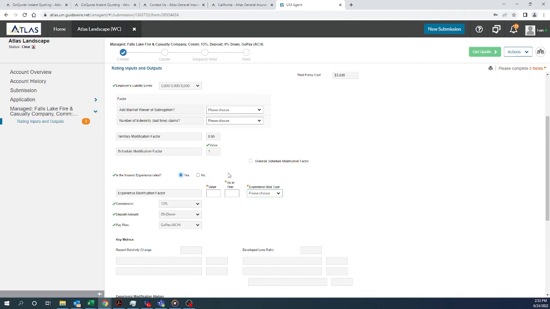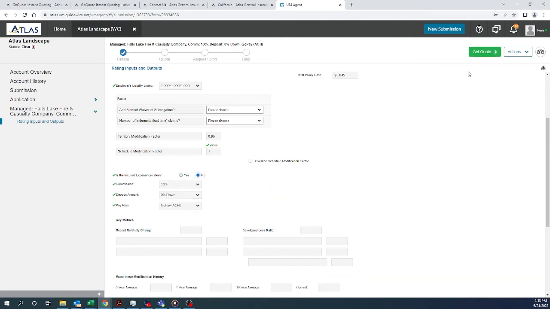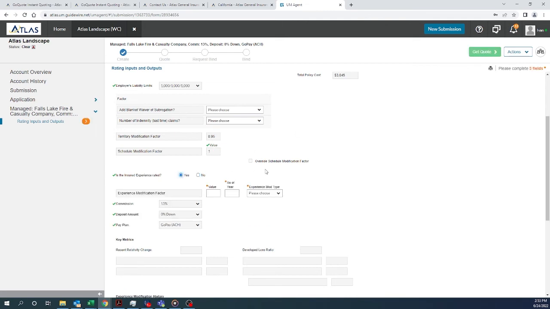and you will have to put the value as severe and the experience mod type. If they're not, then just go ahead and click no and click on get quotes. Let's click yes. Remember that the value of the XMOD has to be entered in decimal form. So if they have an XMOD of 80, we can put 0.80. If they have an XMOD of 110, then we can just go ahead and put 1.10, etc. As severe, so let's do